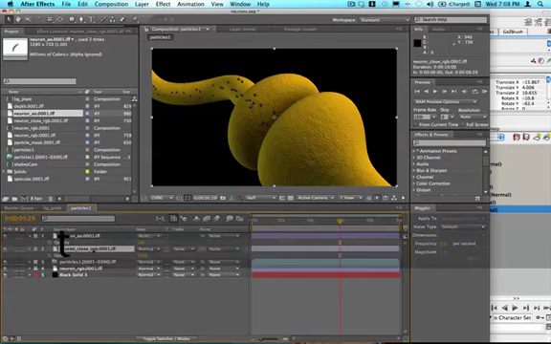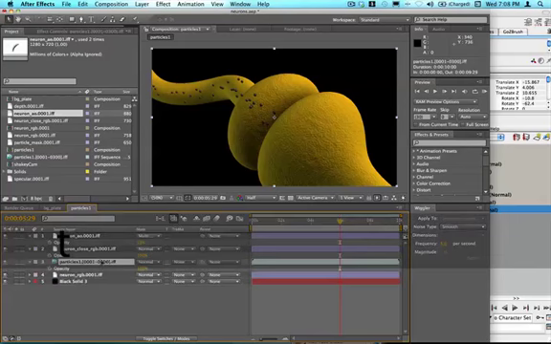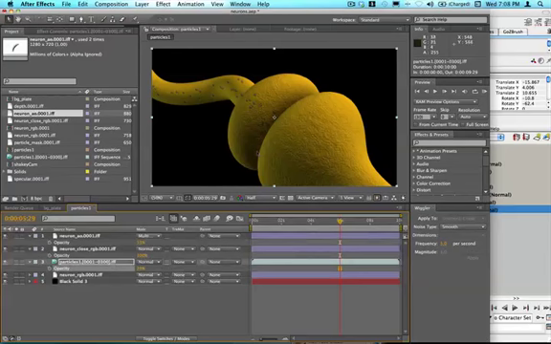So one thing I could do to make it look transparent, I can just dial down the, whoops, that's the wrong thing. Just grab the particles, hit T, and dial down the transparency to make them look like they're inside. Now that works pretty well, but you can see that where the particles are close to the edge of the object here, they're still as visible as they are when they're in the middle of the object. And I want the transparency to be more of a Fresnel transparency, and that's why I rendered out the